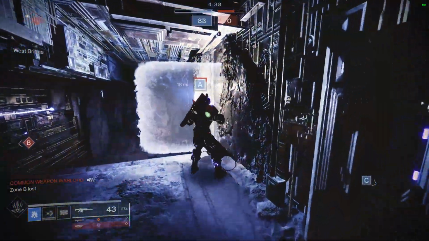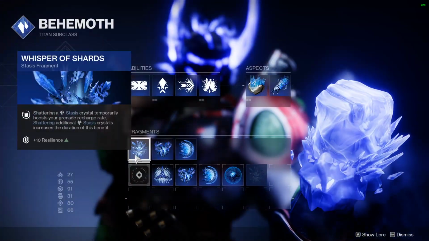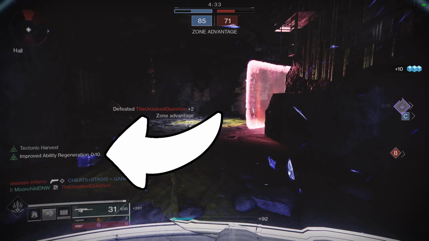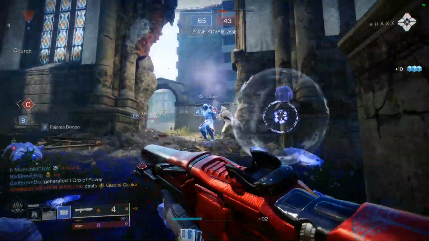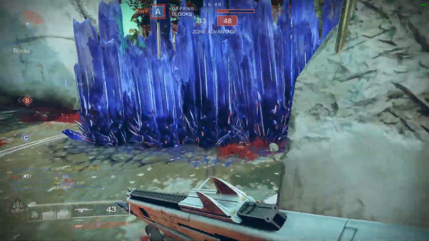To make this combo better for us and even deadlier for our enemy, I recommend slotting the fragments Whisper of Shards and Whisper of Fissures. Shards gives you a faster grenade regen when shattering a stasis crystal, and Fissures means anyone close to your wall of ice is getting sent to the respawn screen quick, fast, and in a hurry. With practice, you'll be able to utilize the offensive utility of the grenade and still use it to farm that